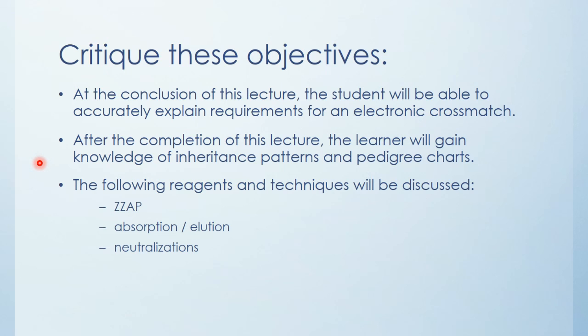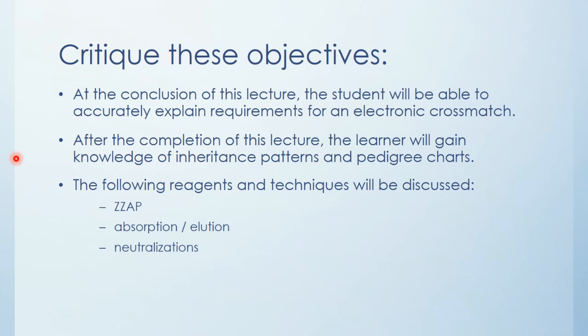And then after the completion of this lecture, so we have our condition, the learner will gain knowledge of inheritance patterns and pedigree charts. All right, so we have a condition, so that's good. We have an audience, but our behavior is gain knowledge. How are we going to assess that? That's not a super great objective because it's got those vague, ambiguous verbs in there. How do you assess that? It's just not great. A better way would be the learner will describe the inheritance patterns or make a pedigree chart, that kind of thing, given